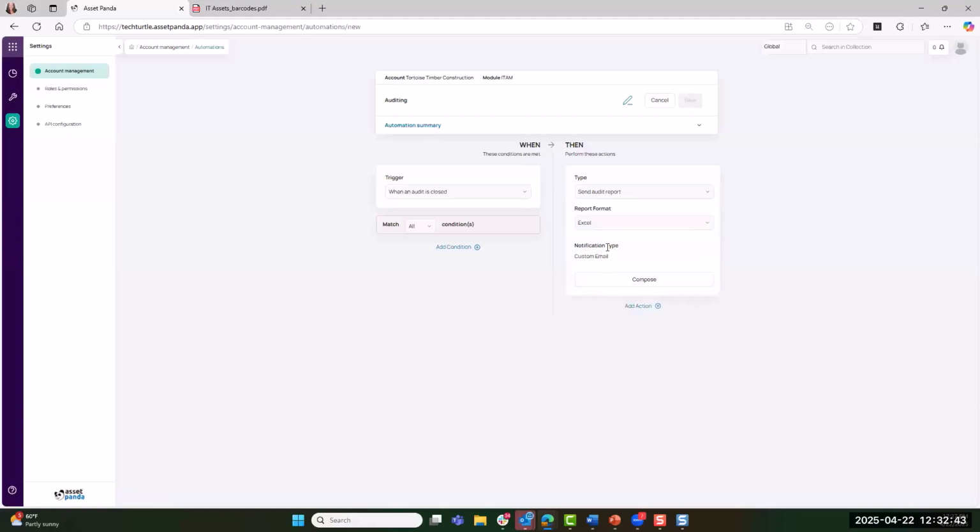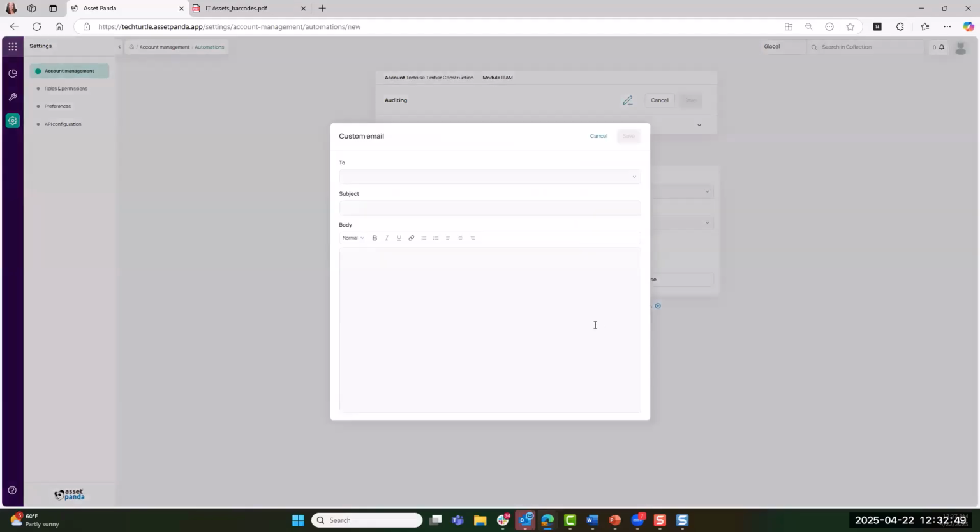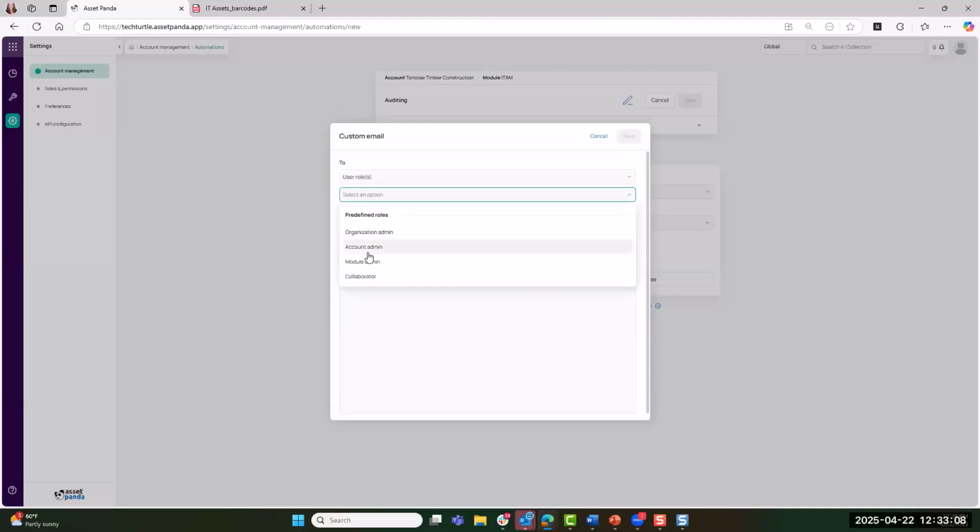Now, one thing that we also enhanced in Asset Panda 2.0 is the type of email that you send. So you have the rich text editor with those emails, so you have a lot more capability here. In your to field, you do have dynamic capability here as well. So I can send this to a very specific email of somebody if I wanted to type in their email. I could also choose my user roles. So remember, any of those predefined roles or custom roles that I may create,